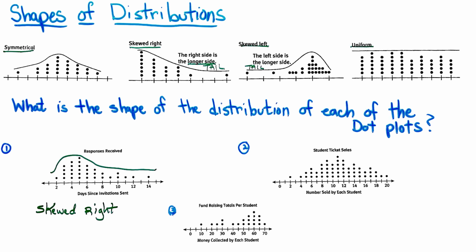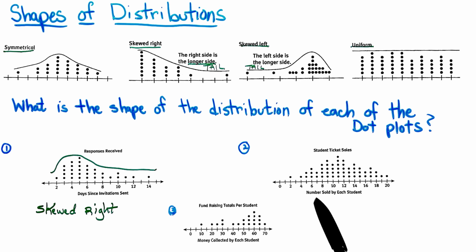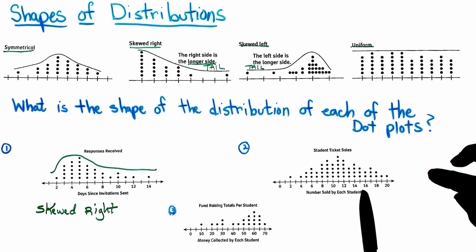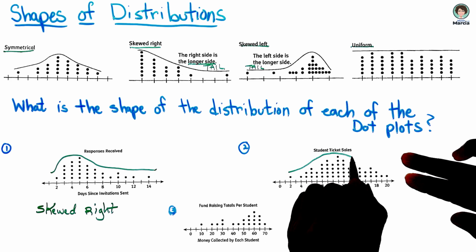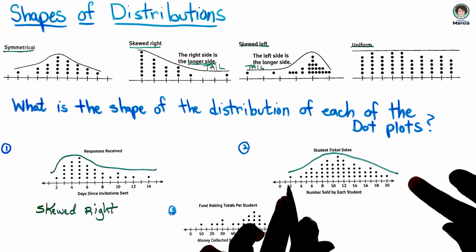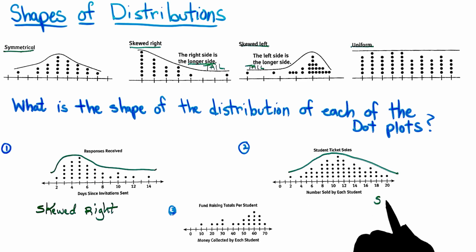All right, for the second dot plot, we have student ticket sales. And these are the number sold by each student. And I'm looking at it, and okay, so it starts off slow, and then in the middle we have a lot of activity, and then it ends a little bit slow also. So again, I am drawing my shape, my curve, not a line, right above it. And I see that this is actually pretty symmetrical. So yes, I would definitely call this a symmetrical